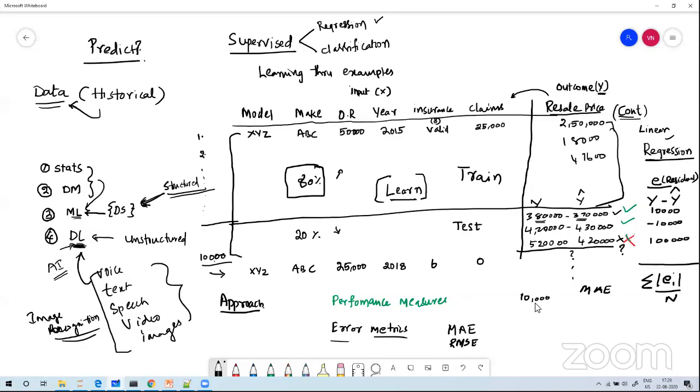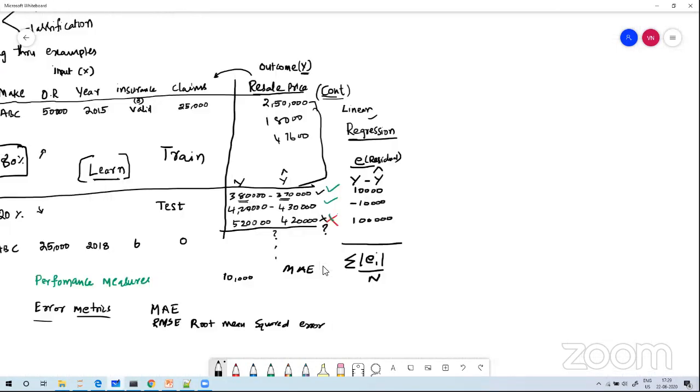RMSE. It's called root mean squared error. So how do we compute this? To compute the root mean squared error, this is how typically we do it. So y minus y hat, which is the error, we are going to square them up, error square. Each value is going to get squared. Now, mean of squared error is simply going to be like this, MSE, which is sigma e_i square divided by